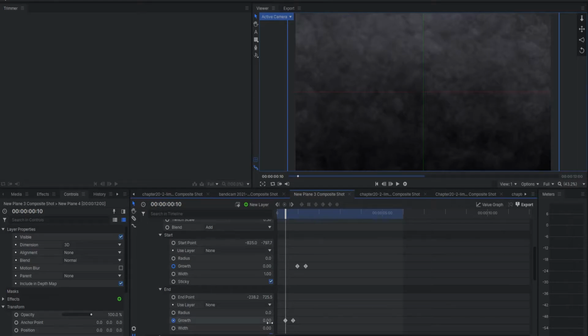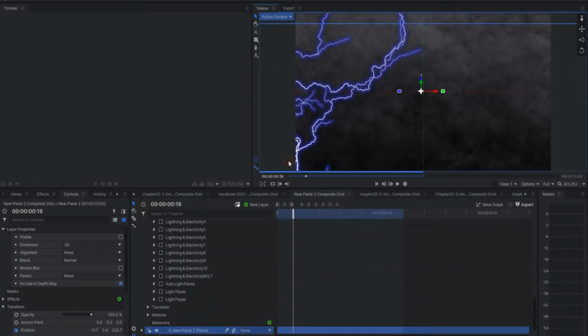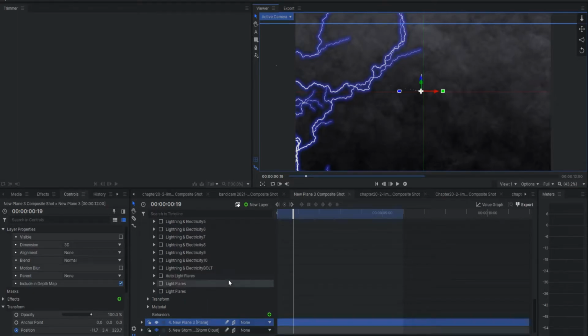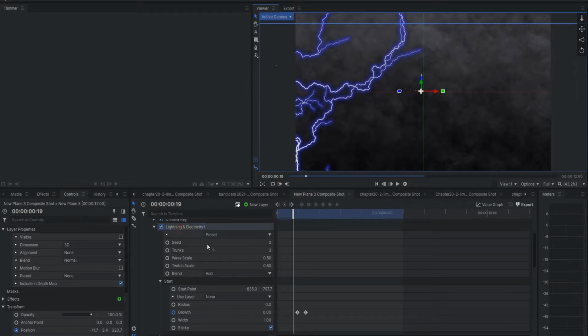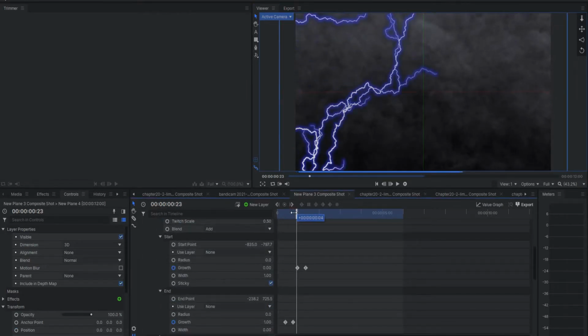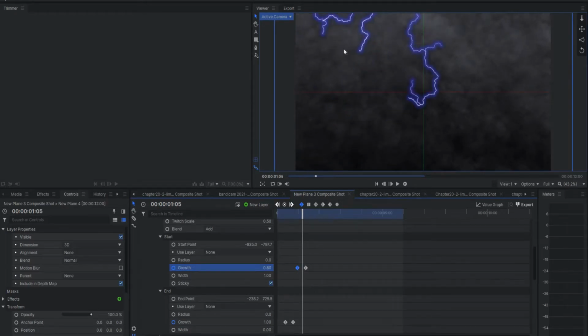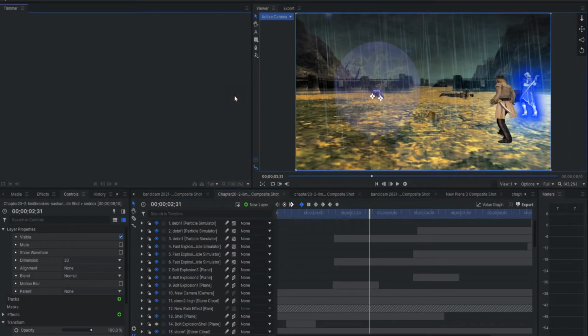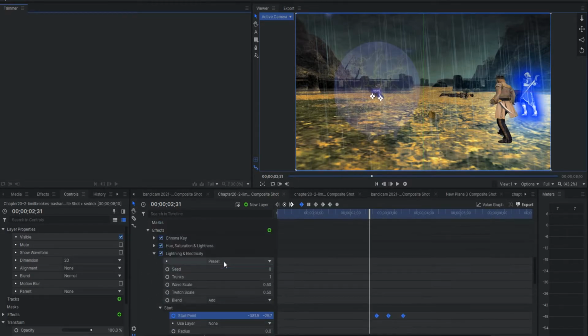If both start and end points growth values are 1, the bolt will show. If one point is 0, it will not. If we grow the end point first, the bolt will move towards the end point, and if we decrease the start point, it will move away from there. This allows us to show the birth and end of the bolt. We can also choose to move the start and end points, which we can show here on Cedric.